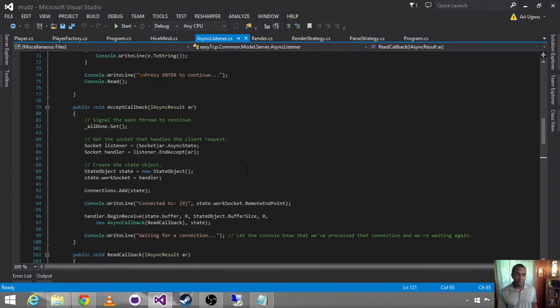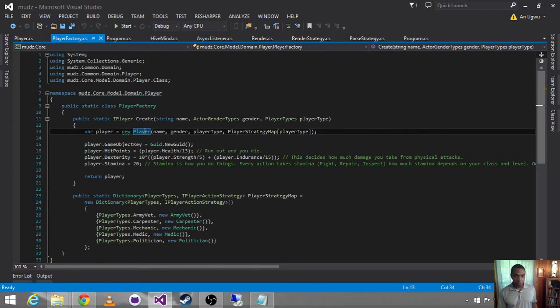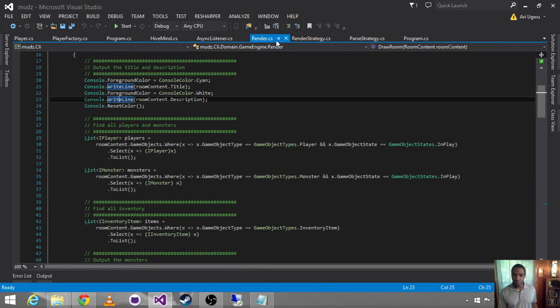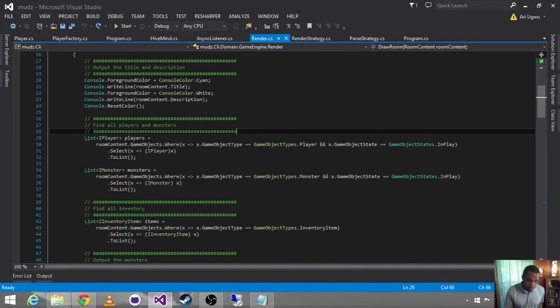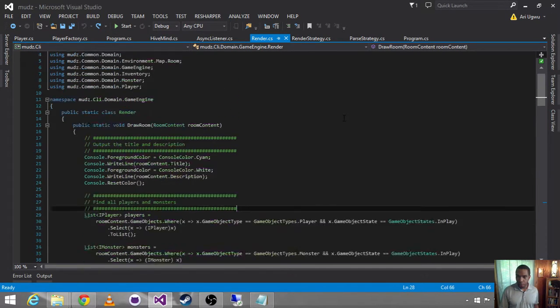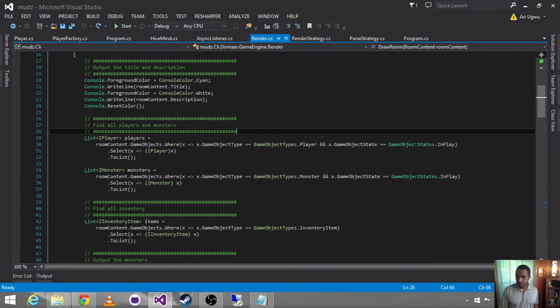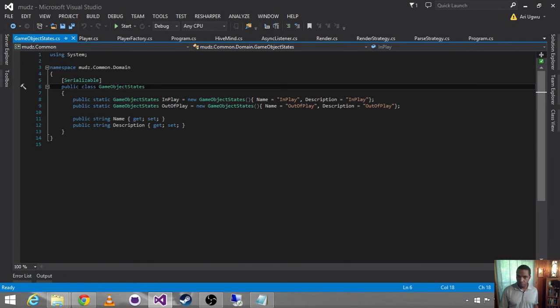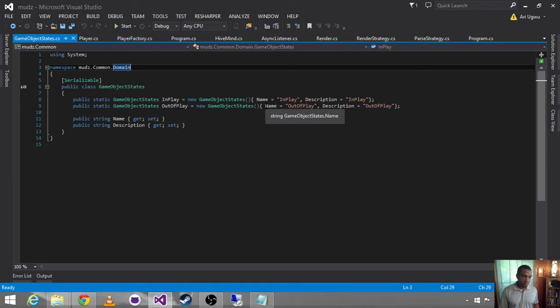Okay, hang on. Let's back up a second. Let's go back over to this guy, where game object states are in play, right? And let's talk about where the bug was introduced. When we refactored everything, we put this in the common domain. We want to make sure, first and foremost, because in theory this was working before,